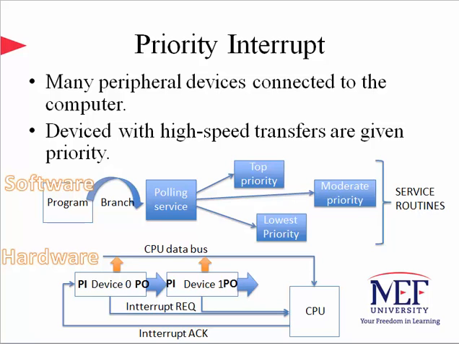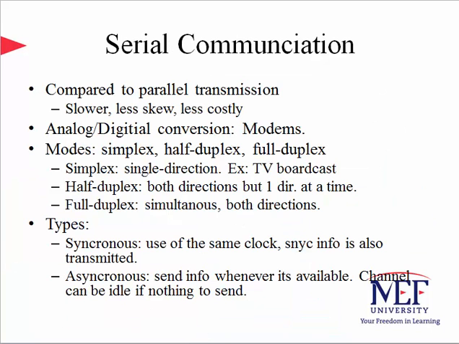If this device did not originate the request, it goes to the next device, and so on. Hardware priority interrupt mechanism is a very fast option in handling multiple interrupts in a computer system. Let us look at the communication technologies that enable data, address, and control signals being transferred over buses in a computer